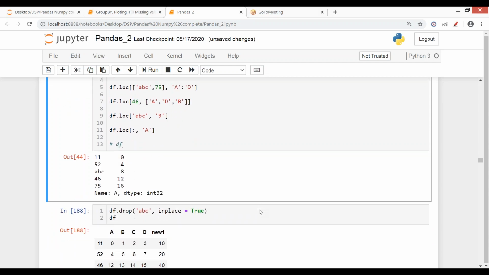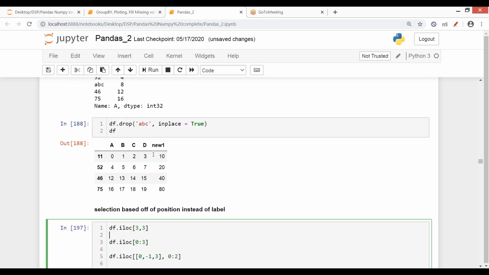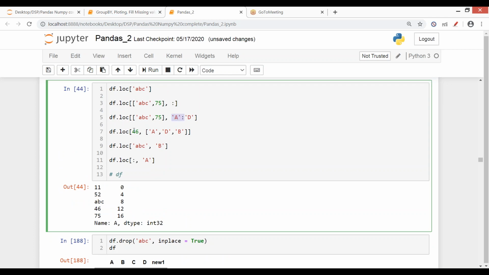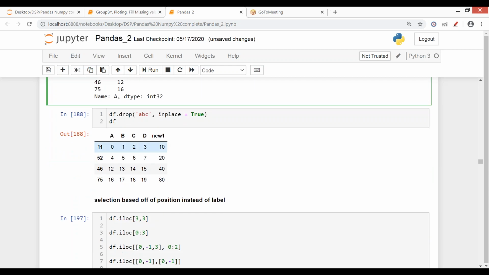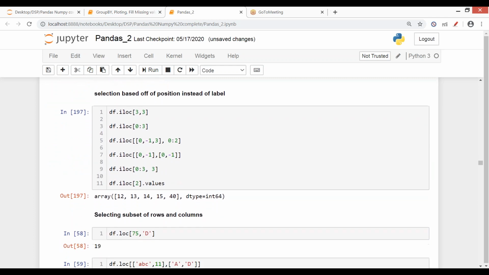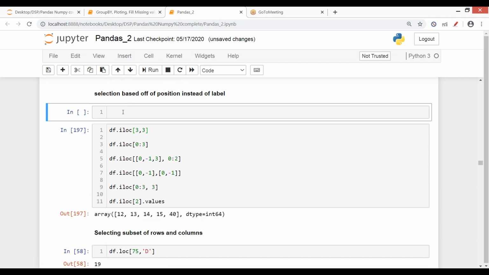Okay, then moving on. So this is the drop command again. Then we have iloc. See, in loc, what was specified was the names, be it a column name or a row name, be it a numeric number or a text value. That is only specific to loc. When you want to use iloc, both will do the same thing, but the way we give values is different. In loc we just give names, it will cater to names only. And iloc, I stands for index location. So in this you cannot give names. You have to have the index value for that specific location which you want to print.